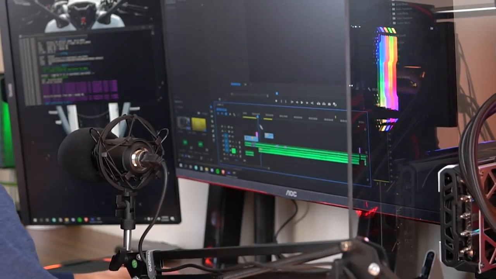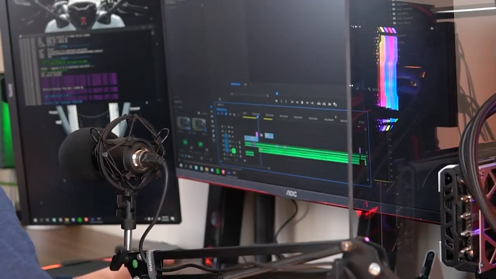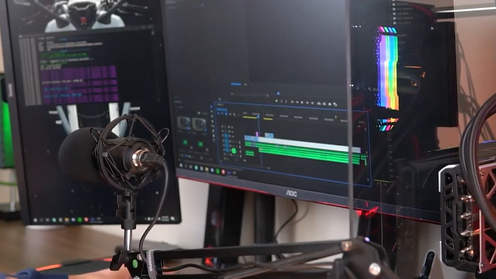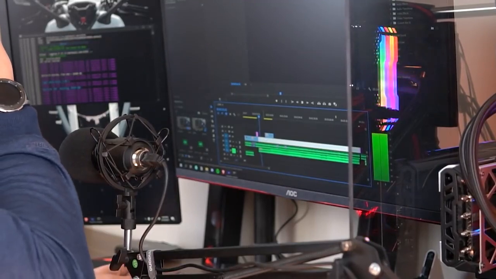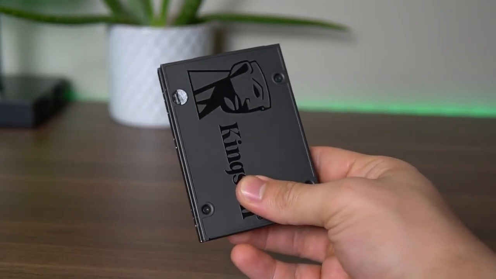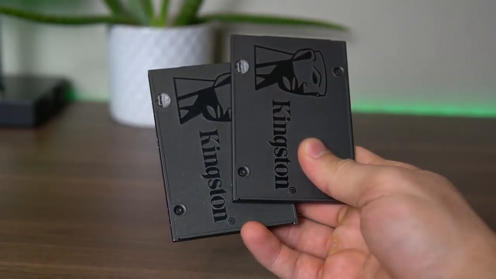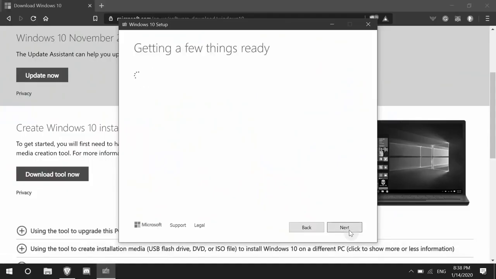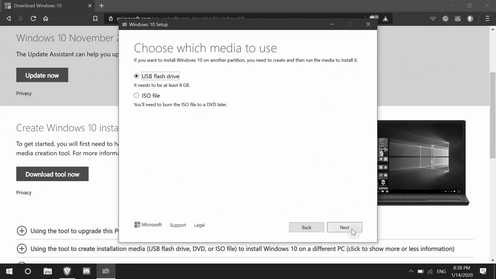So if you're mining on your main PC, then definitely don't delete your Windows and install a mining operating system, because you're not going to be able to use your system for other than mining. Unless of course you run the mining operating system off of a USB or a different SSD. But on the bright side, Windows is free, so just keep in mind you don't have to buy any license